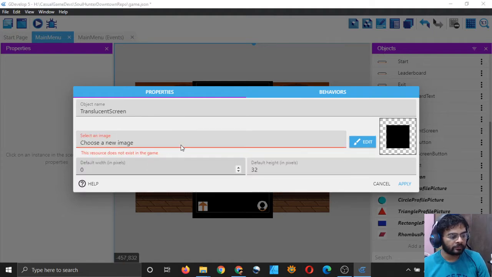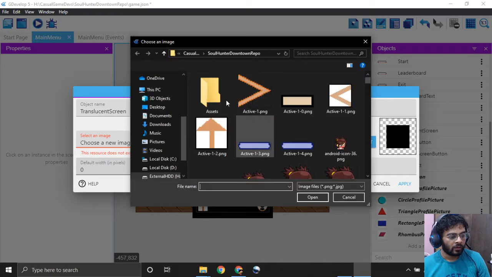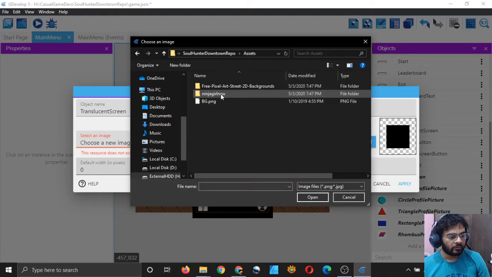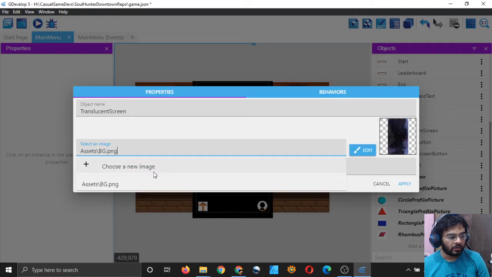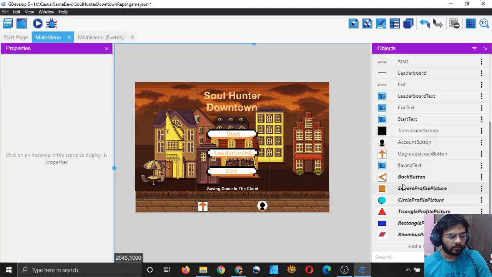Choose new image, and I will go to the assets folder and choose my bg.png. And I will set the width to 1080 and height to 1920 and click on apply.